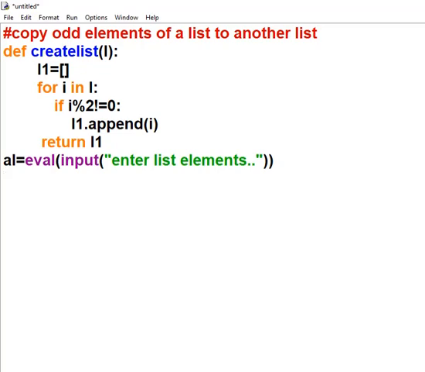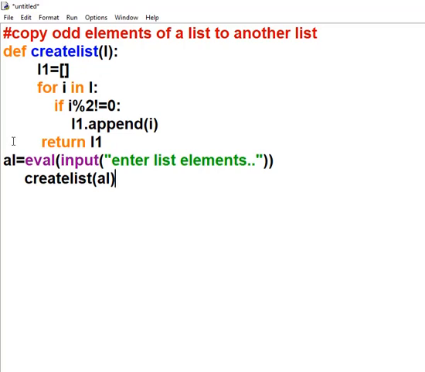Now you will call the function. What is the function's name? It is create list. Now to call the function, because the function has this parameter, you have to pass this al. You will pass the list, then only the function can accept the list.